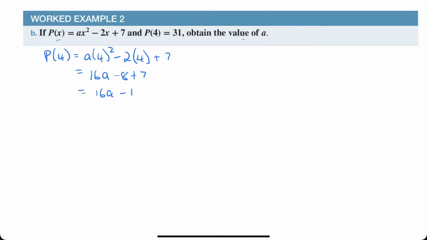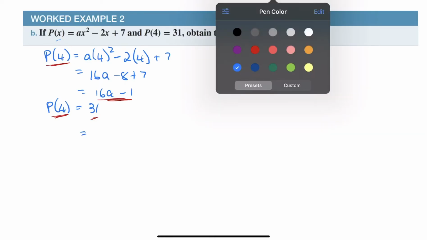Now what they say is, they say that p of 4 is also 31. What this tells me is, if p of 4 is 16a minus 1 and p of 4 is also 31, then this must equal that, because this equals that. So this is going to give me now, this equals, therefore 16a